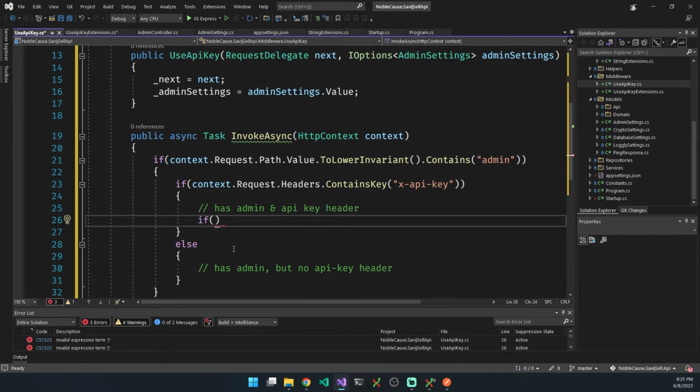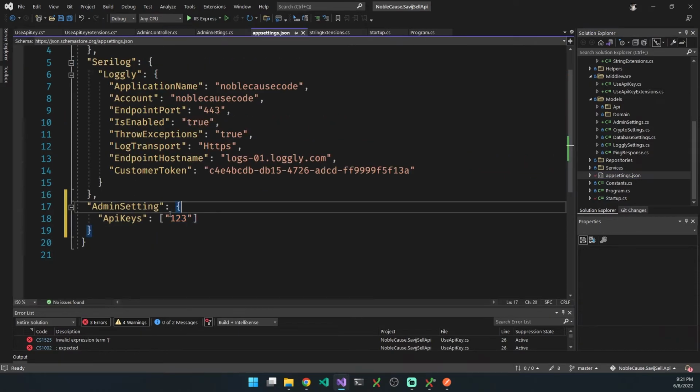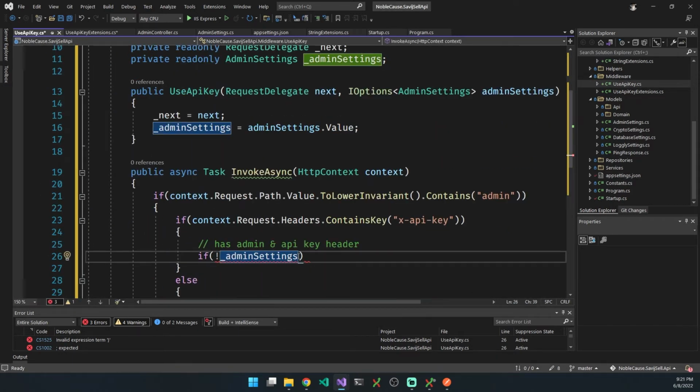So now what I've got to do is I've got to go through my app settings. So I really want to say if not my admin settings, right? And this is the settings. What I want to do is loop through all these values, right? Which are in my admin settings. API key is in my model. In this case, I only have one, but we treat it as if there can be many. So I want to say if not admin settings dot API keys, that's our array or our list of string in this case. And I want to know